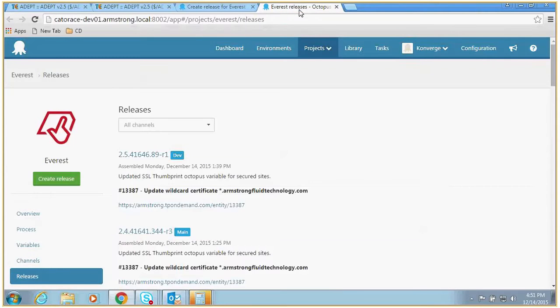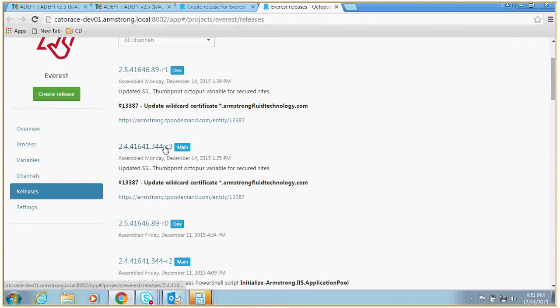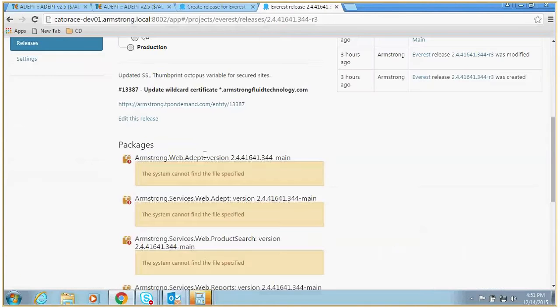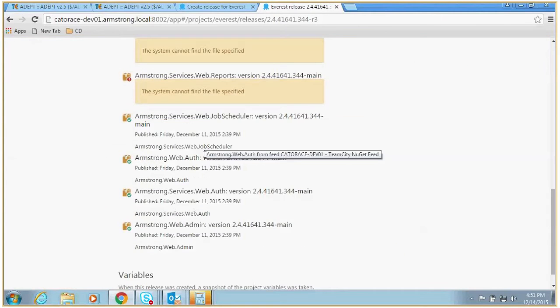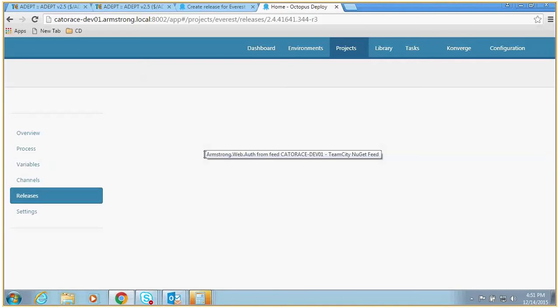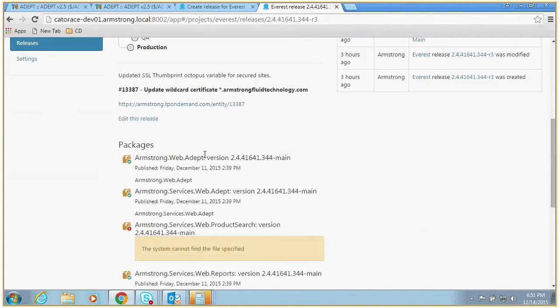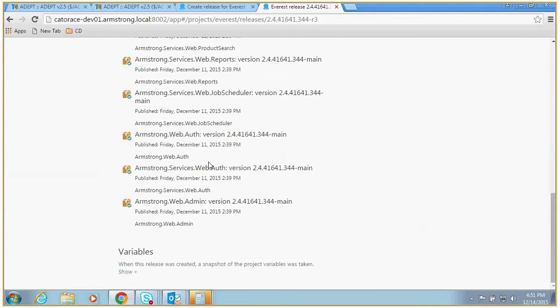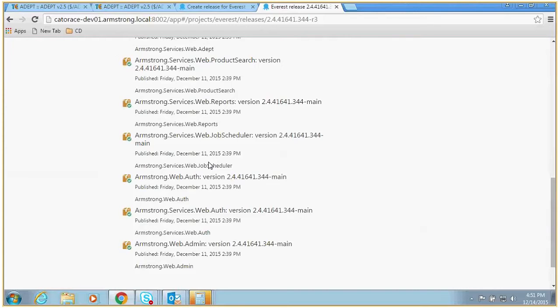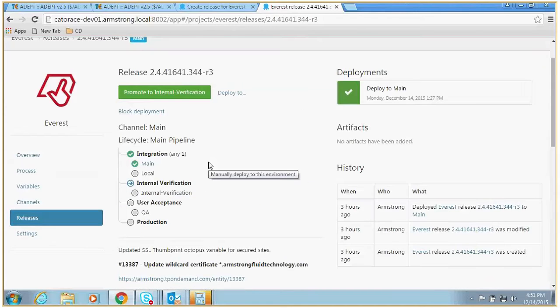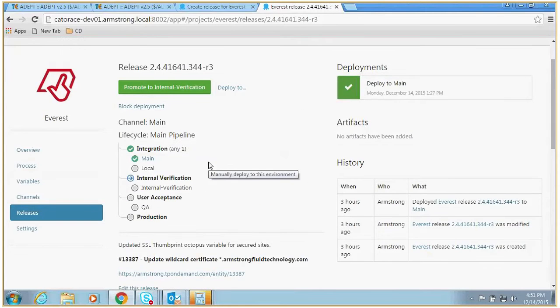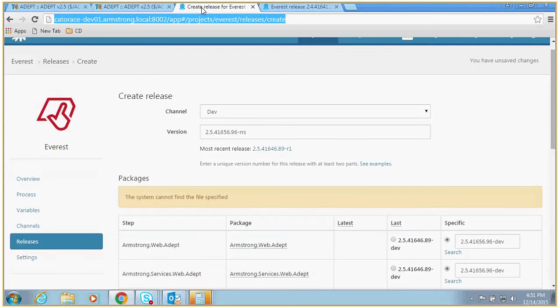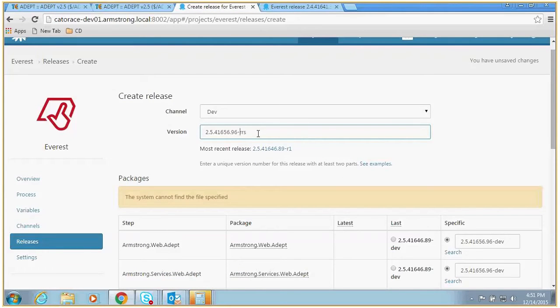Look, right here. If we look in the history, for example, we will see that this is made out of these packages, which right now have all, well, maybe not that one, but they are getting purged, right? Now we can see a little problem, I think, with the product. There you go. So this actually tells us that Octopus doesn't need to be married with the version of your NuGet packages, right? So in fact, we can create here something that doesn't even make use of this